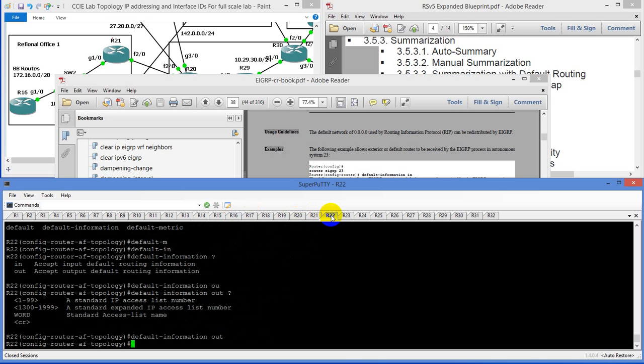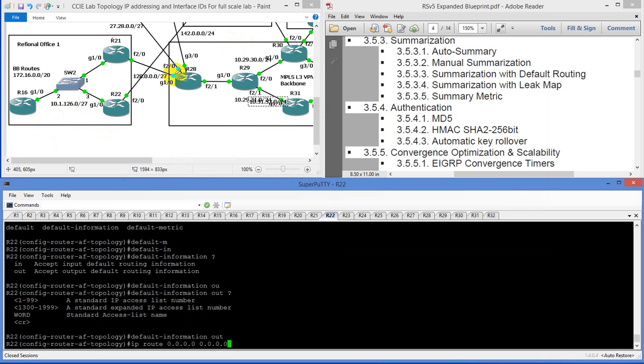What we're going to do is we're also going to type in IP route, and I'm going to say 0.0.0.0 0.0.0.0, and the next hop is going to be